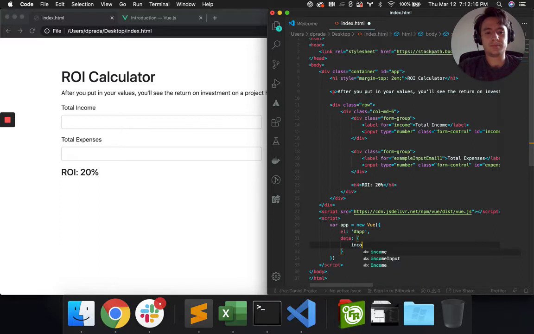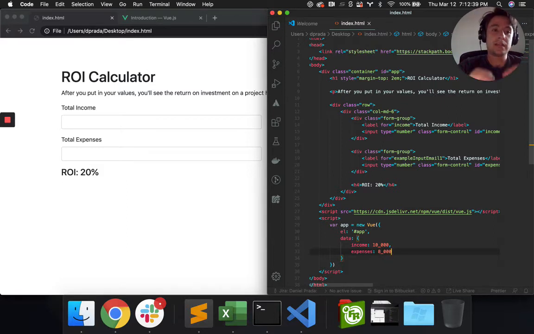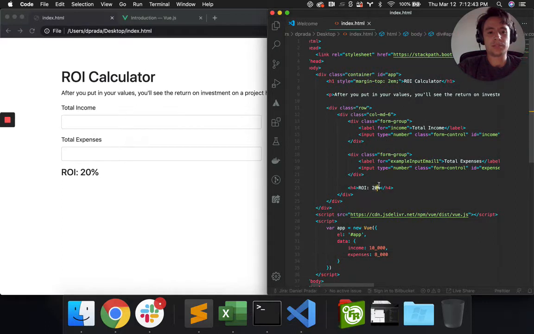income, right? And I'm going to give income just a default value of, let's say, 10,000. If you do an underscore, you can actually use that instead of using the 10 with 4 zeros, just to make it easier for you. And we have expenses, right? Then we'll do, let's say, 8,000, right? So that's the state of our application. So here we'll say something like,